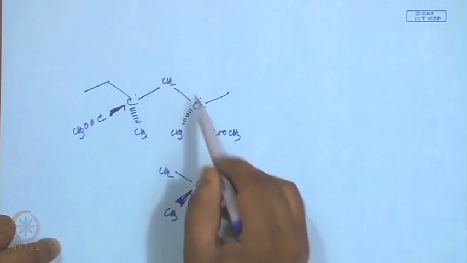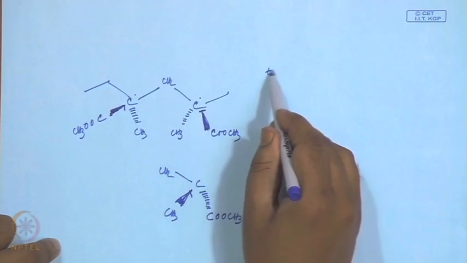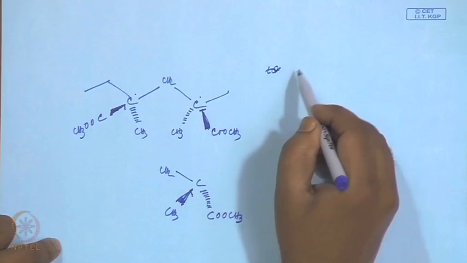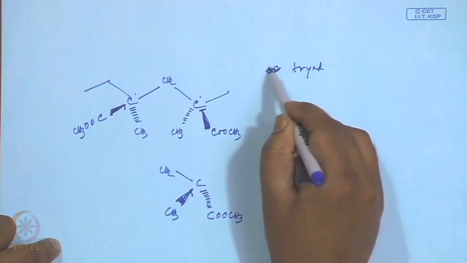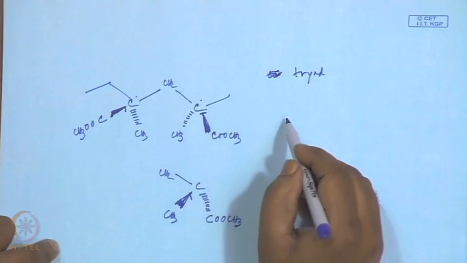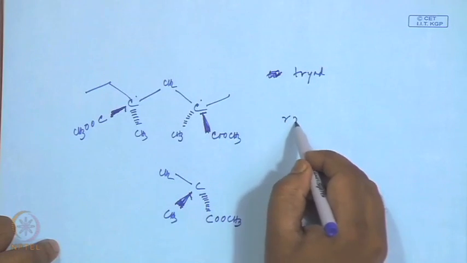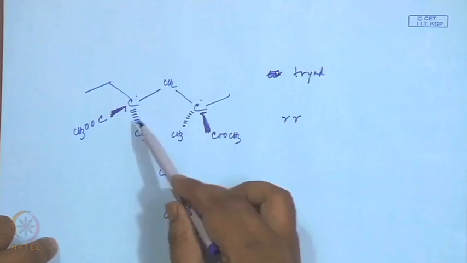So, this is a triad, this is a triad, and their arrangement is RR, racemic,